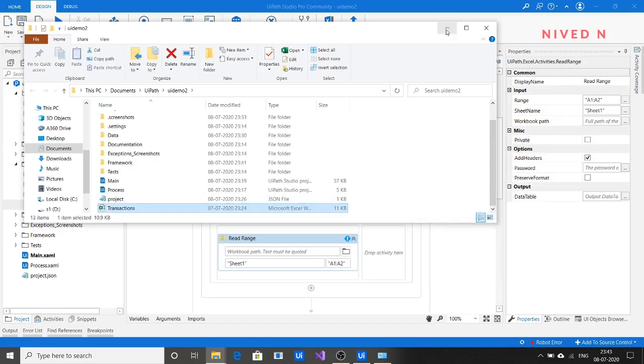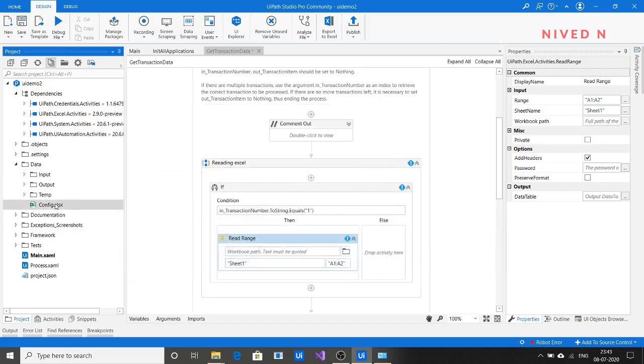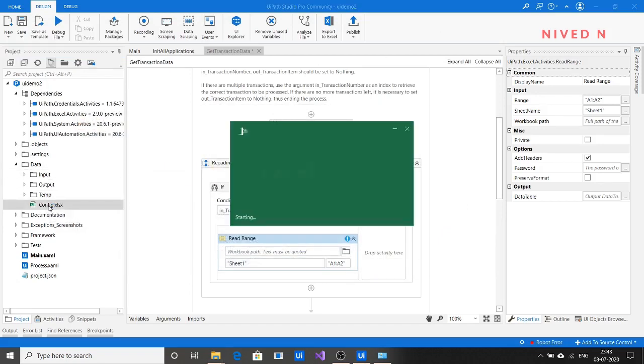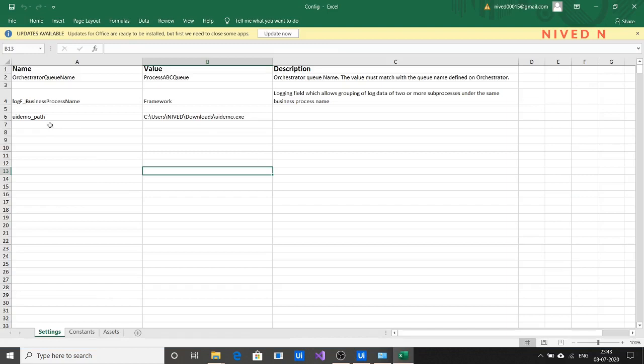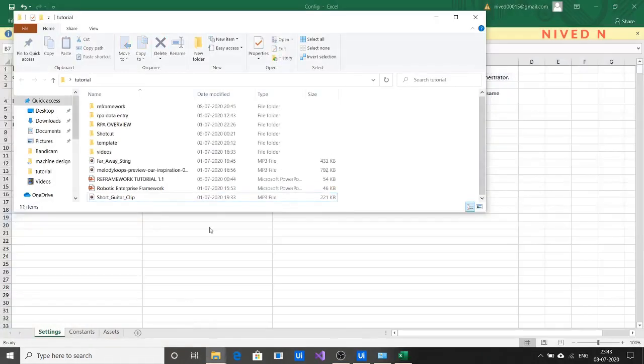Now go to Config. Here we are saving the file path of the Excel file. So you can say Excel file, and just save the file name here. What's the file name?